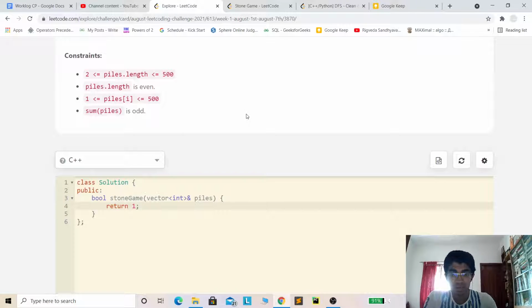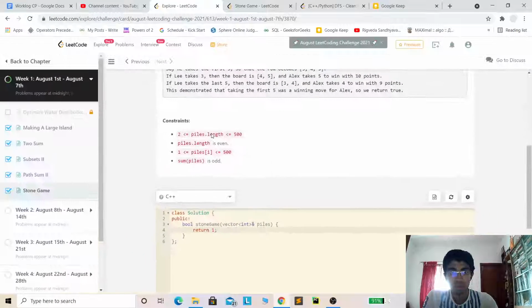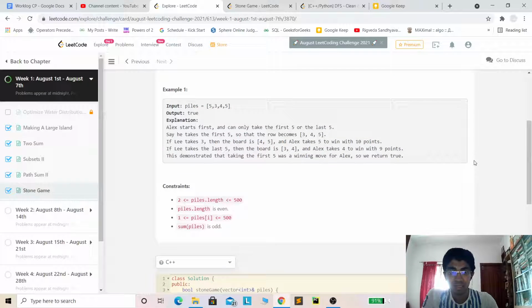Sometimes these kinds of observations help us. The trick over here is that these conditions are quite suspicious. They don't matter in dynamic programming solutions, but over here they matter. Why is the number of piles even, and why is the sum of all the piles odd? It's an intuition that there is another simpler solution existing over here. So those were the two approaches, guys, and thanks for watching the video.